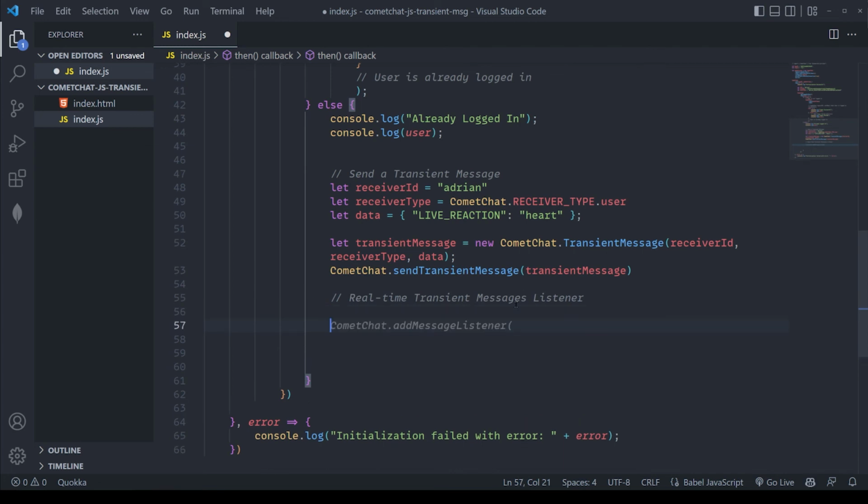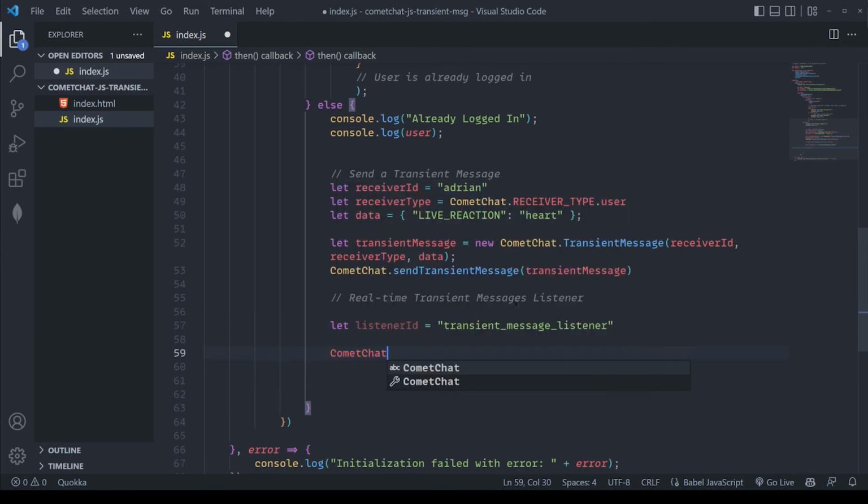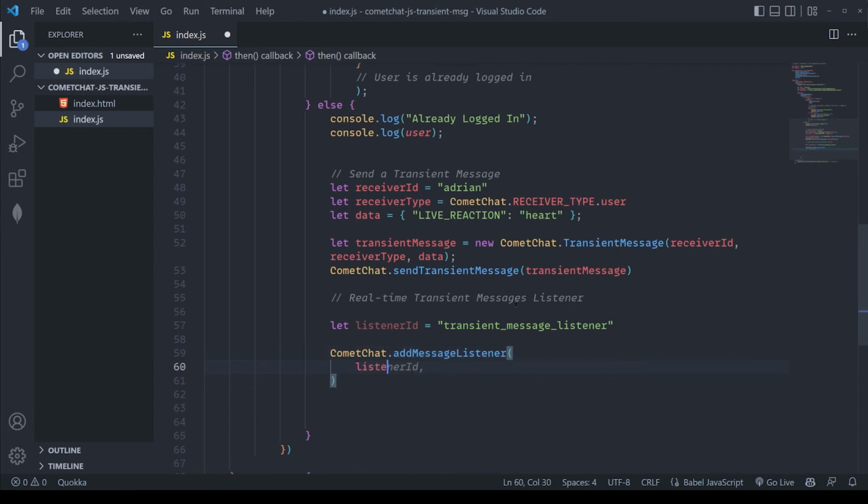Now, in terms of any type of message listener, we need to create a listener ID. So let's define a listener ID here by what it's doing. In this case, it's listening to transient messages. So I'm going to define this as transient_message_listener. Now I'm going to add a message listener by calling CometChat.addMessageListener. In here, I'm going to pass in two things. The first will be the listener ID that we've just created, and the next thing will be the new